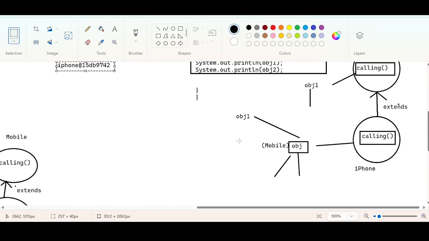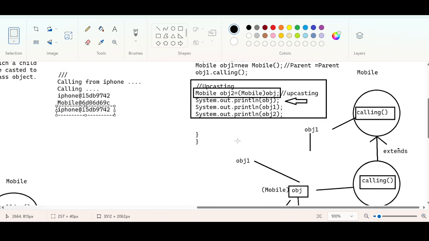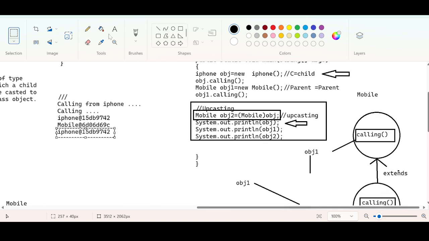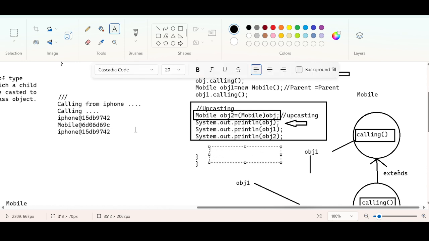So what have we achieved? What is all this illogical thing? What are we going to do with this concept? We are so happy with child to child, parent to parent. Why do I have to introduce something like parent to child? Why do I need to do this typecasting, parent to child? What is the benefit? This typecasting concept is a topic in polymorphism, a future topic. Now try to understand the benefits.